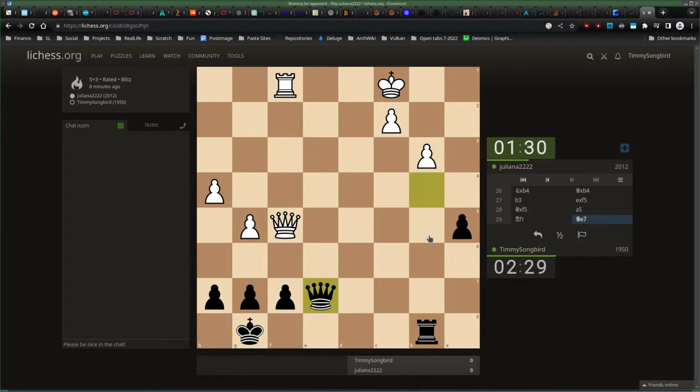I think this is a lost position for black actually. This is pretty damn bad now. Pretty damn bad. I have nothing with that at all.